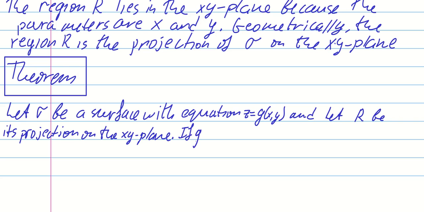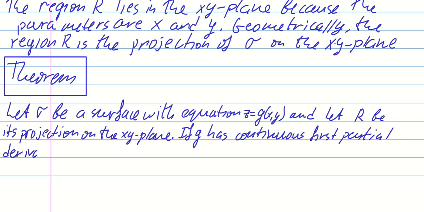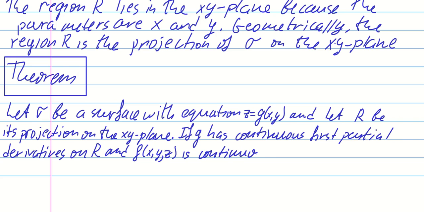Then if g has continuous first partial derivatives on the region R, and f of x, y, and z is continuous on sigma,